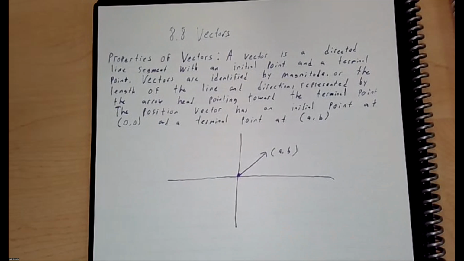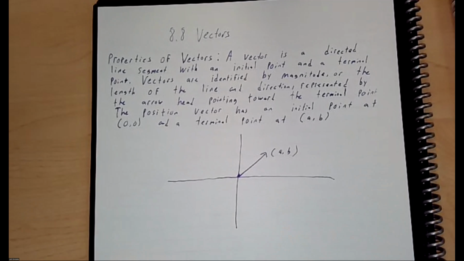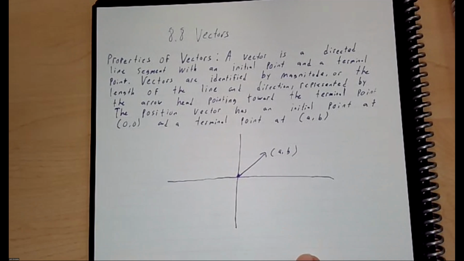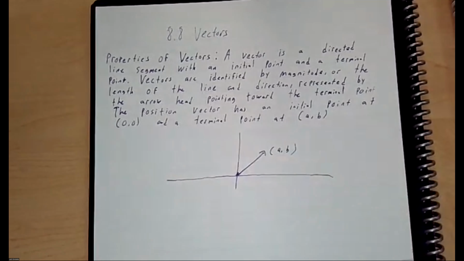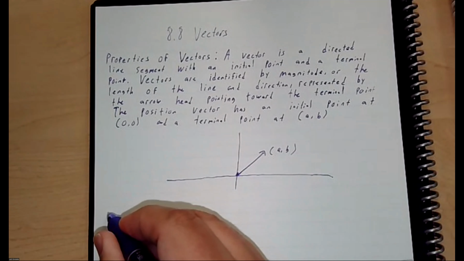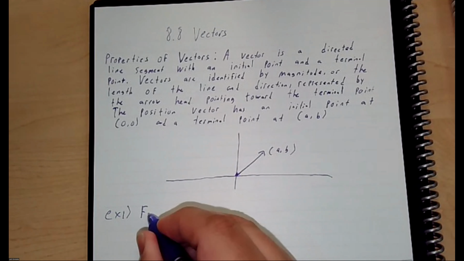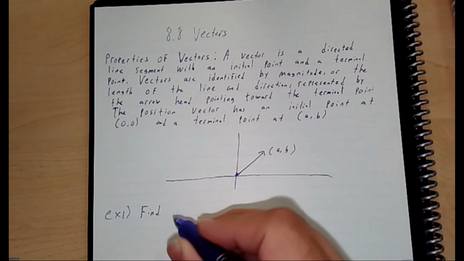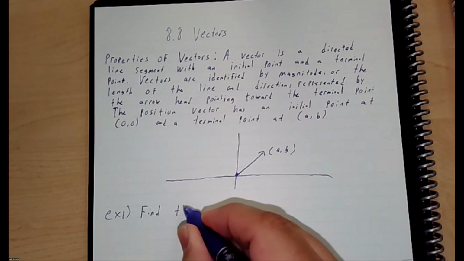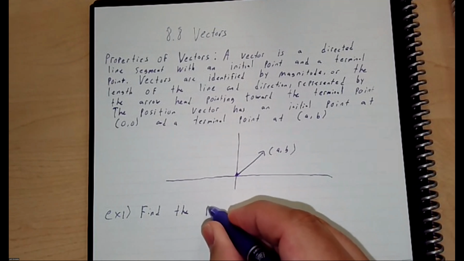In 8.8, we're going to focus on the general vector: how to find the length, how to find the direction, doing some operations with vectors, and just understanding what they are. Okay. The first thing the homework is going to have you do, and the first thing you need to know, is find the position vector